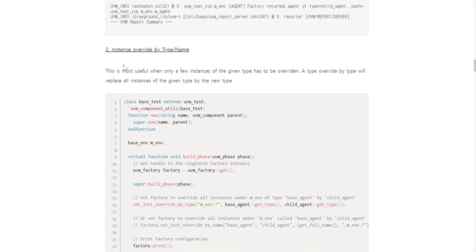An instance override by type and name. It is the most useful when only a few instances of a given type have to be overridden. A type override by type will replace all instances of the given type by the new type,